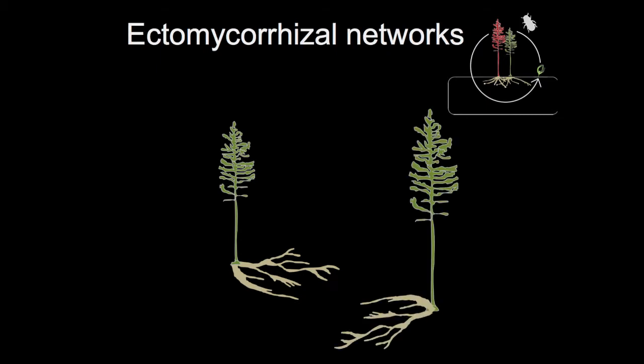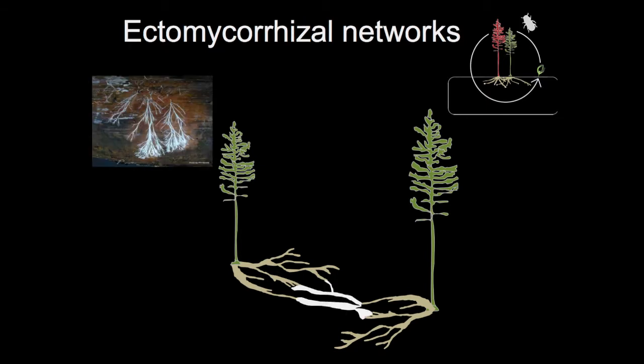Then you have another lodgepole pine and its root system, but this could be a lodgepole pine or a different tree species of the boreal forest. Essentially, the mycorrhizal fungi connect these root systems. If you looked at an individual root, you'd see a web of hyphae extending from this root tip, and this web of hyphae will then connect another root, possibly of another tree. So the same or different tree species can be functionally connected underground through these mycorrhizal networks. Research has found that these larger trees can subsidize the resource needs of smaller trees through this mycorrhizal network.